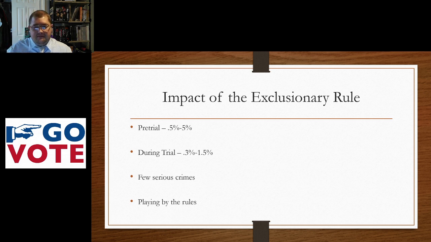As far as the impact of the exclusionary rule at trial and how frequently it's invoked pretrial, depending on the jurisdiction, they see rates of 0.5% to up to 5% of cases involve some aspect of evidence trying to be excluded, and it typically is successful in maybe 1 to 2% of those cases where it's brought. So it's not very common